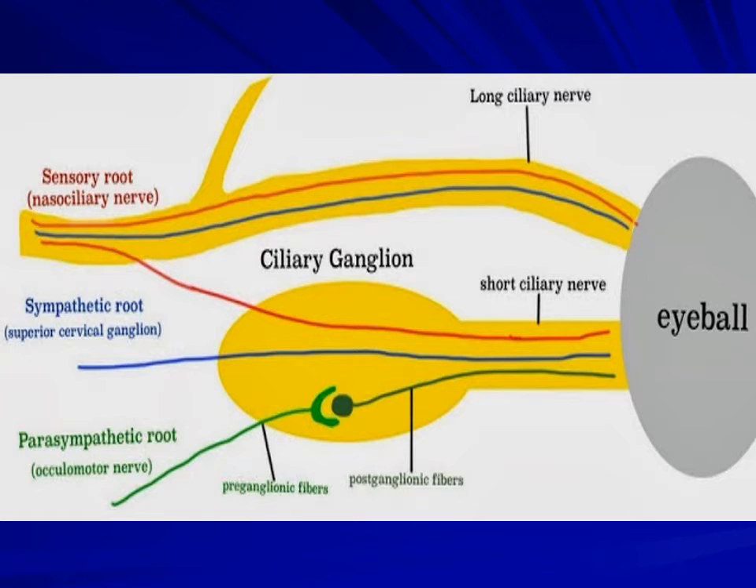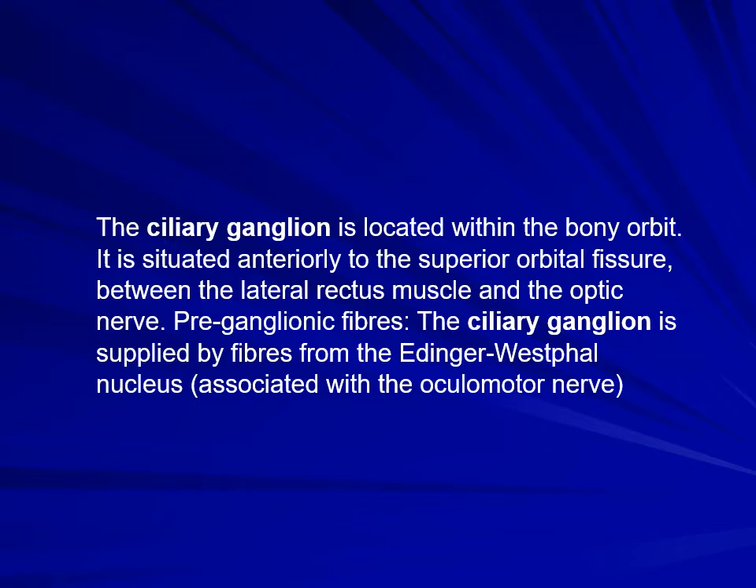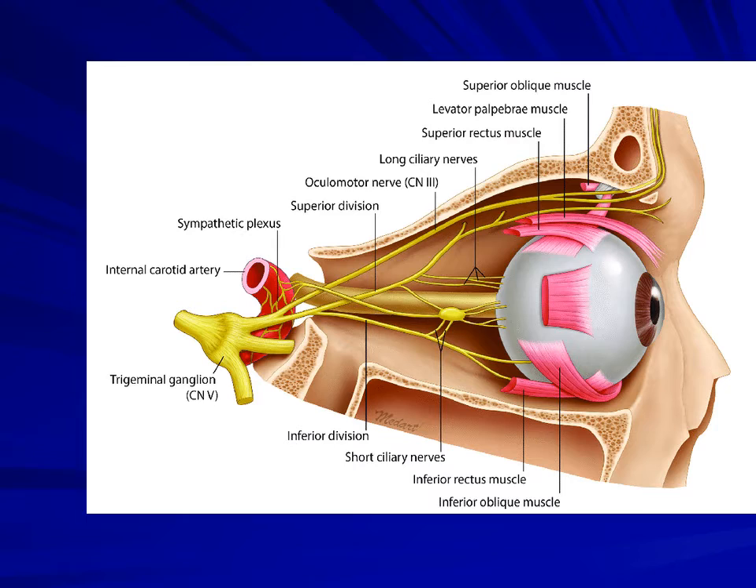We have two important ganglia which I have discussed: first of all the ciliary ganglion, and the sphenopalatine ganglion. The ciliary ganglion is located within the bony orbit, situated anterior to the superior orbital fissure between the lateral rectus muscle and the optic nerve. The ciliary ganglion is supplied with preganglionic fibers from the Edinger-Westphal nucleus associated with the oculomotor nerve. This is the ciliary ganglion,